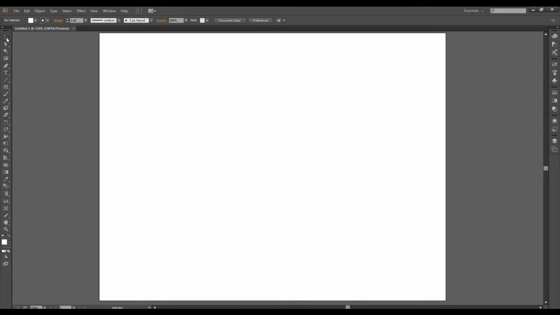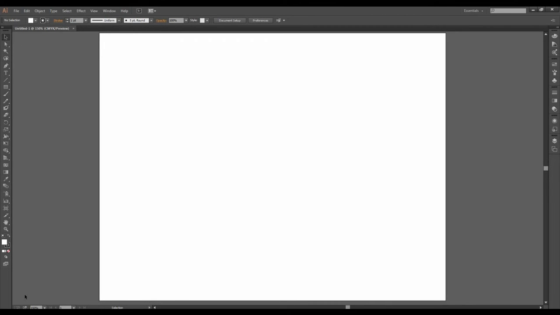On the left we have a toolbar, but actually before covering the toolbar we should look at the interface first, how this interface works. Like I said, on the top we have a menu bar. Now when I open a new file, I get this additional panel here. I don't have an exact name for this, but you can say it's an option bar. That's what people use. It doesn't have an official name, so we can say option bar.